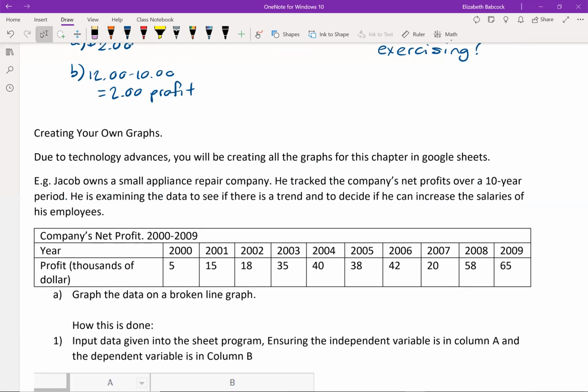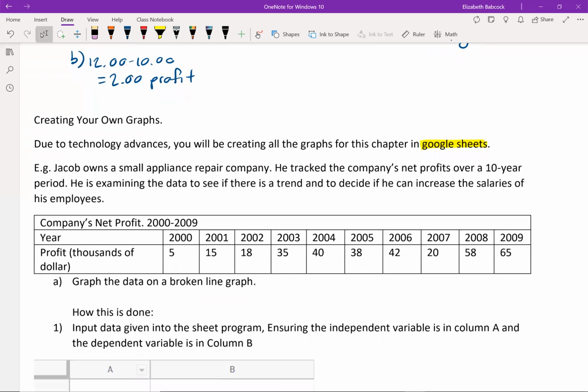So remember, you will be using Google Sheets. This can be found by clicking on the waffle in Google. Once you're signed in, clicking on Sheets, and it'll open up a spreadsheet program. So the example we're going to be using is Jacob owns a small appliance repair company. He tracked the company's net profits over a 10-year period. He is examining the data to see if there is a trend and to decide if he can increase the